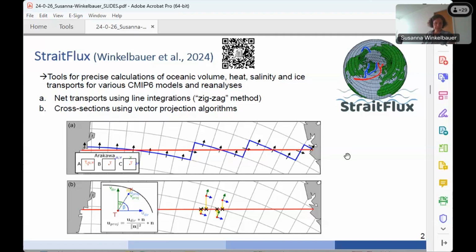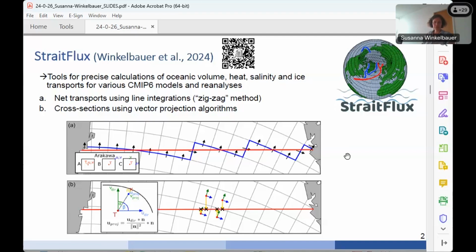Then we have a second method, which is seen at the bottom. It works a bit differently. For every grid cell surrounding the strait, we project the U and V components, so the velocity components in the ocean, in the direction of the strait, onto those yellow lines to get the transports that flow normally through the strait.